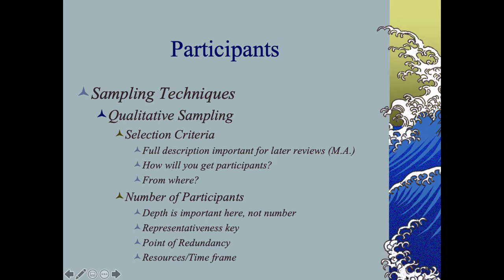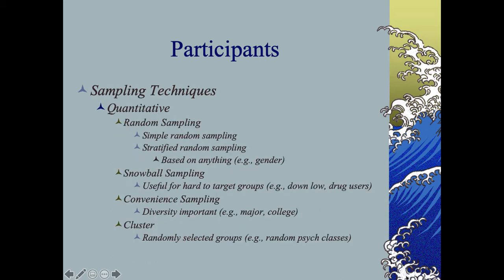We gather these people in a range of ways, right? So, qualitative versus quantitative is different. Qualitative is more about the depth, so the type of person is important, and the richness of the data, right? It's more cost intensive. So when we start getting enough data from a certain population or a group of people, we call that the point of redundancy, and then we move on to the next type of person or start our data analysis, once we've hit that point of redundancy in the data, right? But here it's depth and importance of the person that you get, balanced with the resources, right?